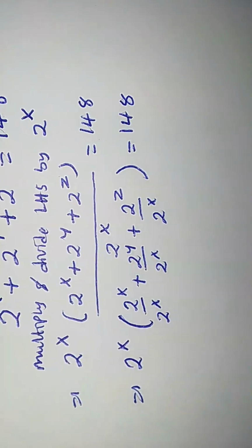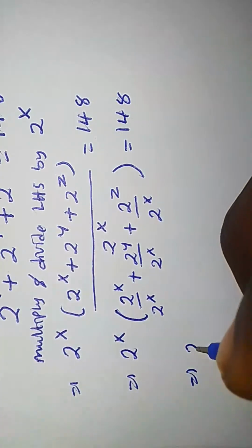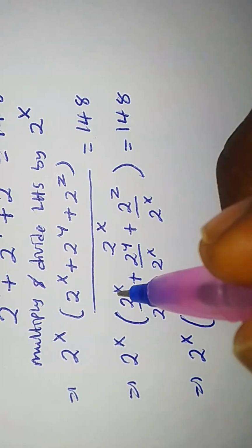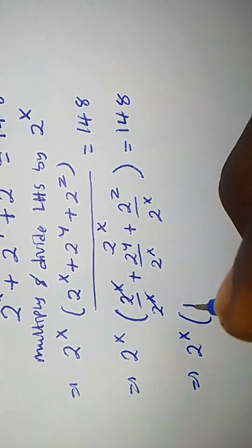Let's proceed further. This means that 2^x into clearly 2^x divided by 2^x, that is 1,